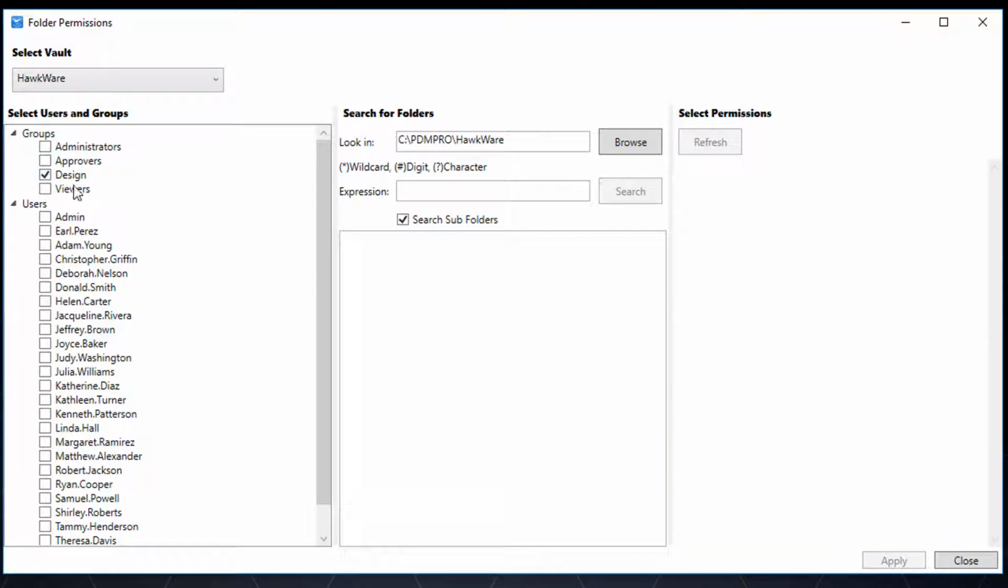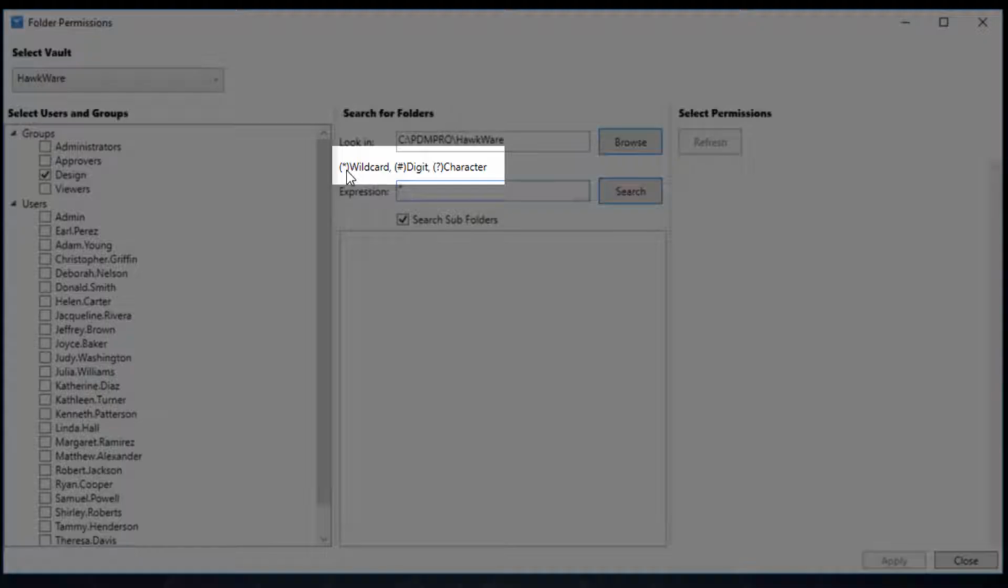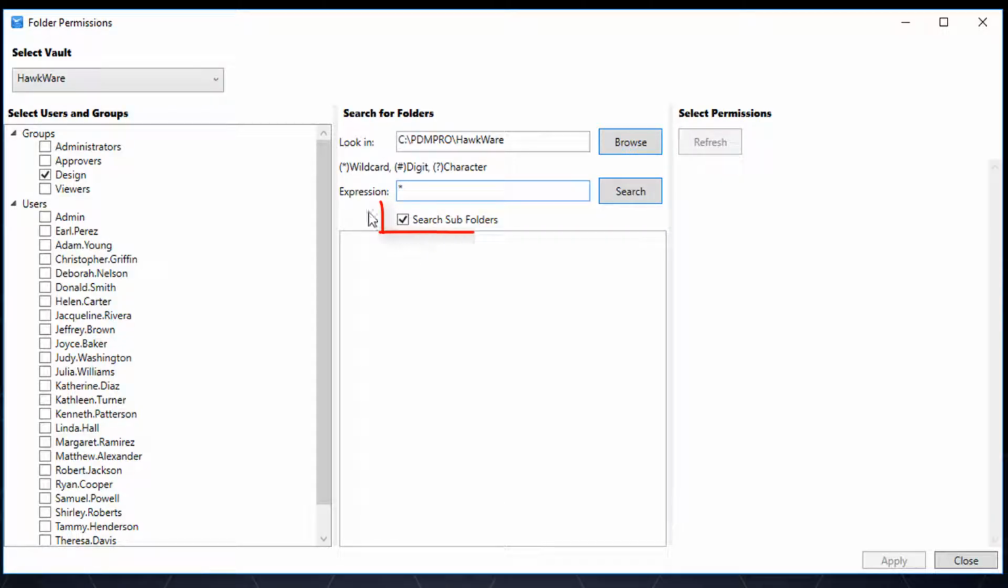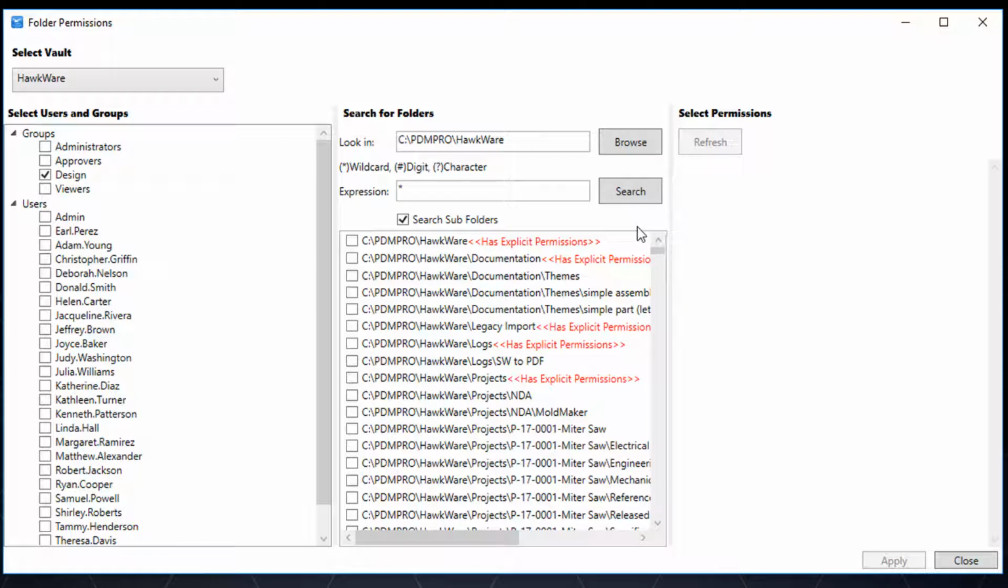If I say I want to check for the design group, for example, and I want to check everything in the vault, I would just put in a wildcard character. So it's asterisk for anything, pound for a numerical digit, and a question mark for any single character. And then whether or not we want to search subfolders. That'll crawl through there, grab all the folders,